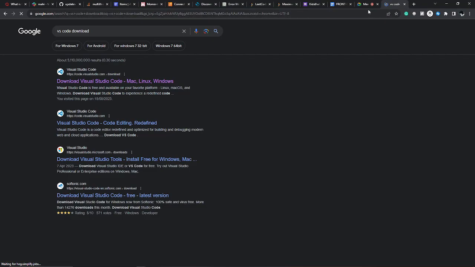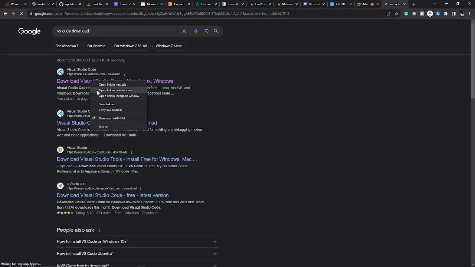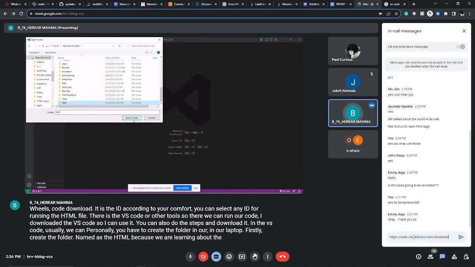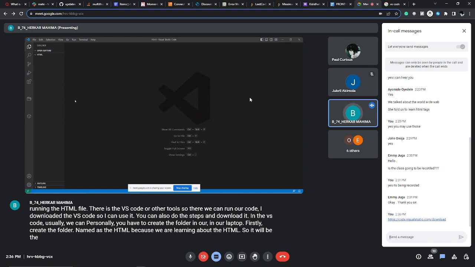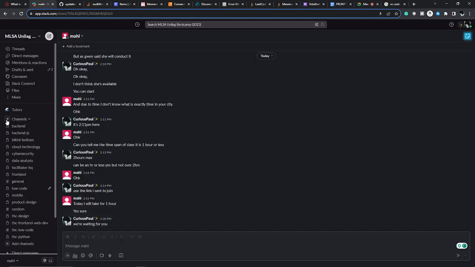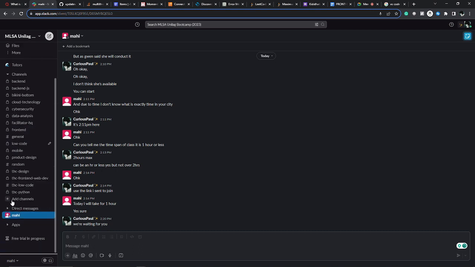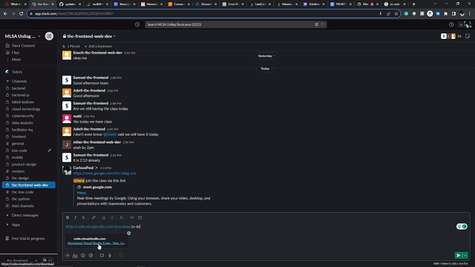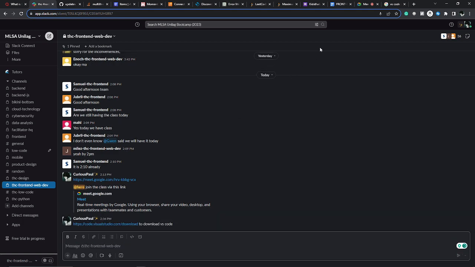Create the folder named HTML, because we are learning about HTML, so it will be better for us. After clicking on the three buttons, we can create a new file, and if we want, we can also create a new folder. In the new file, we can give the name for the file,